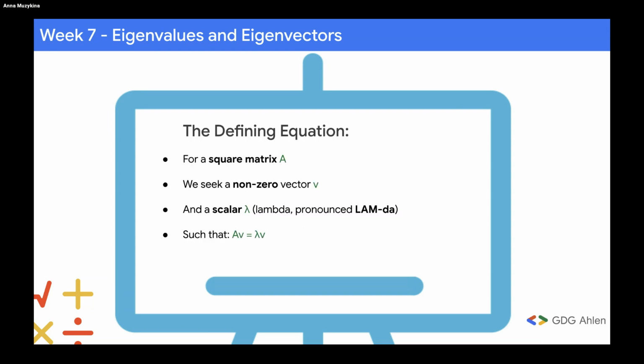These three components, A, v, lambda, are related by the equation A times v equals lambda times v. This equation captures the core idea. Applying the transformation A to the vector v yields the exact same result as simply scaling the original vector v by the factor lambda. This equality is the mathematical heart of eigenvalues and